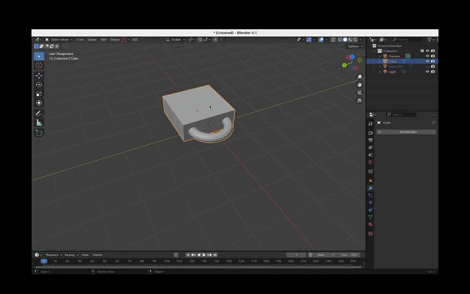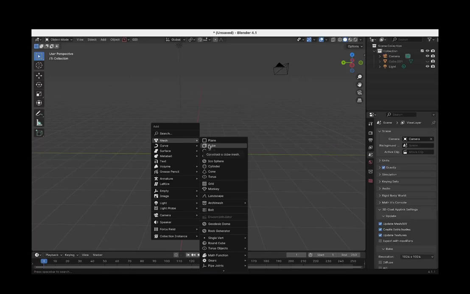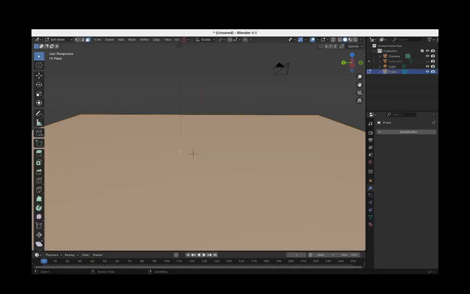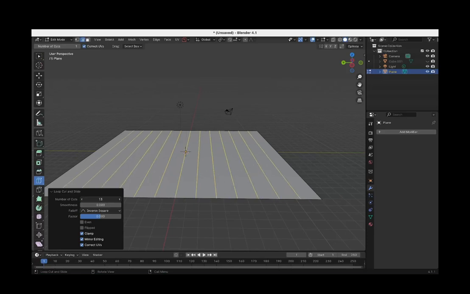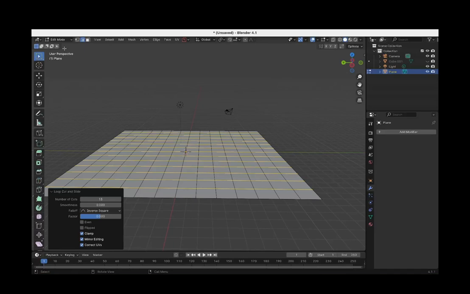Now let's apply everything we've learned over the past 6 videos, including this one, to create a little scene. Let's add a plane and make it really big. Now let's use this tool called Loop Cut and just give it a lot of vertices. 13.